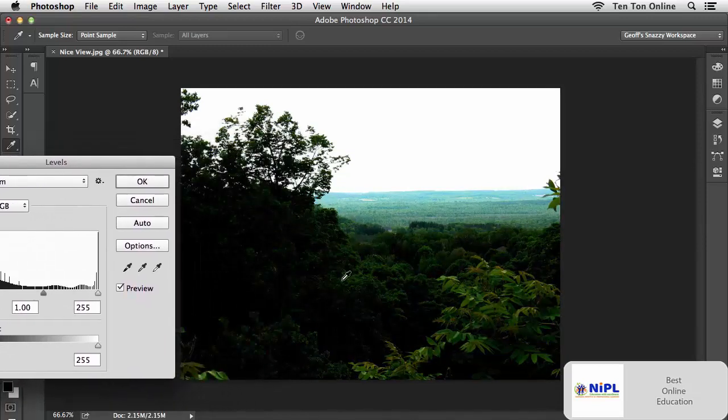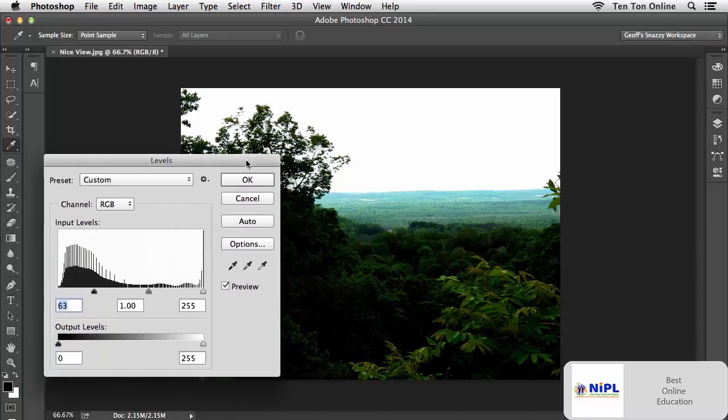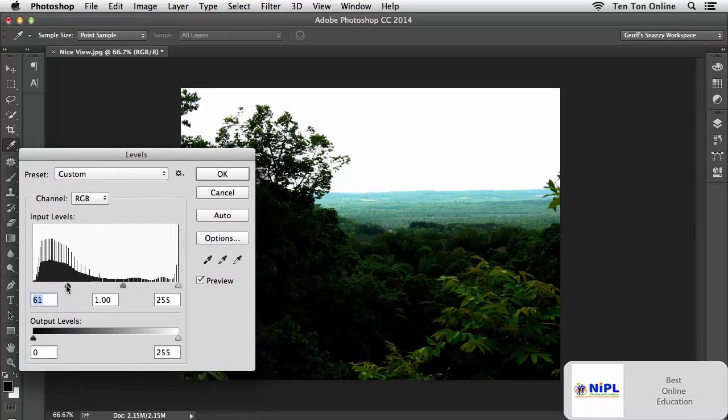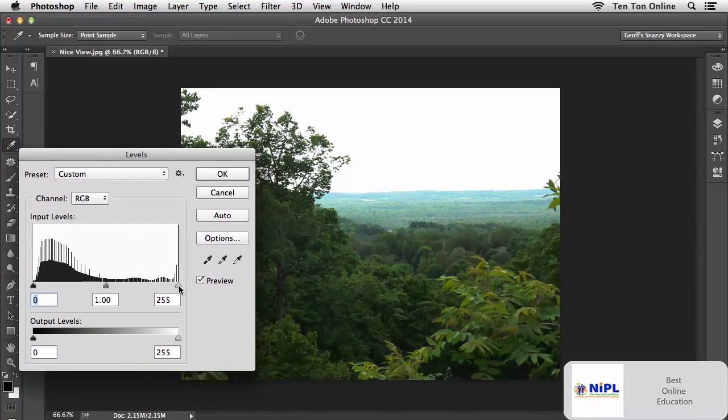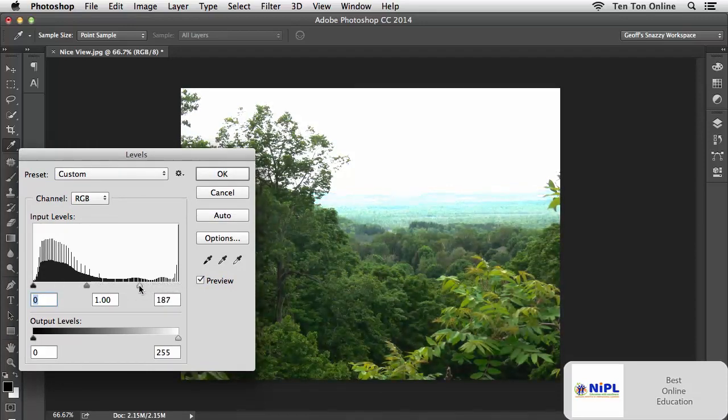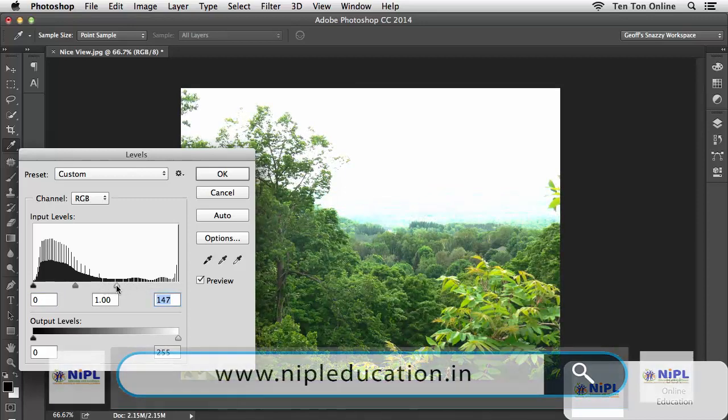More and more pixels are being reassigned to be solid black, if that makes sense. Okay? Or darker colored pixels. Now, I could do the opposite as well. I could say, all right, let's take some of the lighter pixels and shove them towards the darker side. Okay? So now what I'm doing is I'm pushing more of the colors away from the white point and into